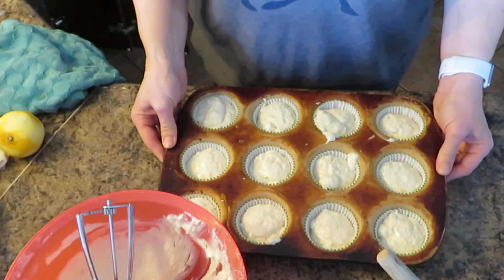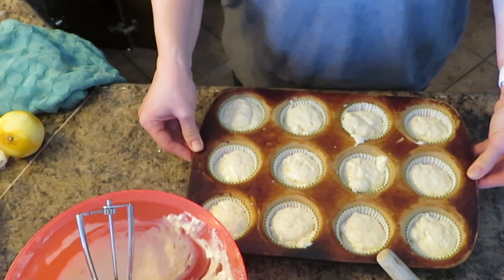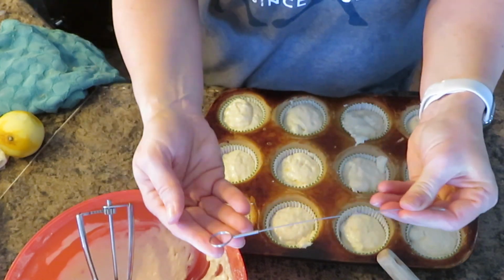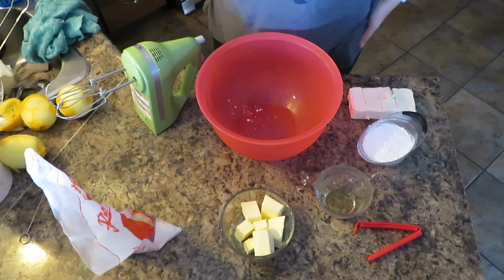Okay, and now I'm going to put this in the oven and bake it 15 to 20 minutes until a toothpick, or if you have a little tool like I do, like this little tool, which also came from Pampered Chef, comes out clean. So for the buttercream,